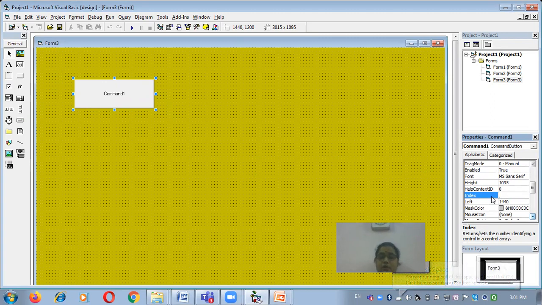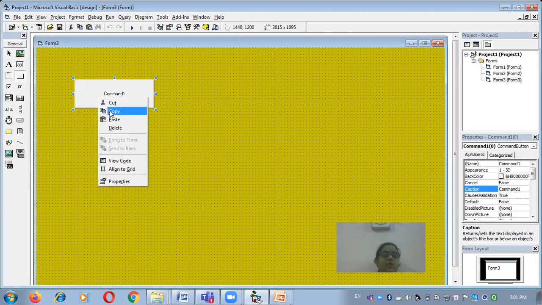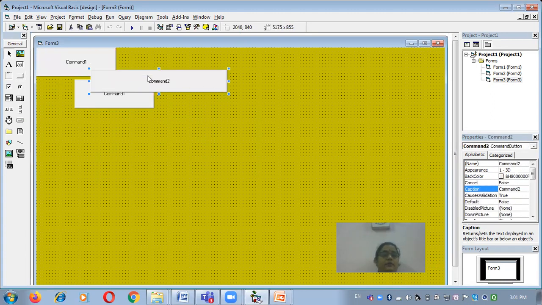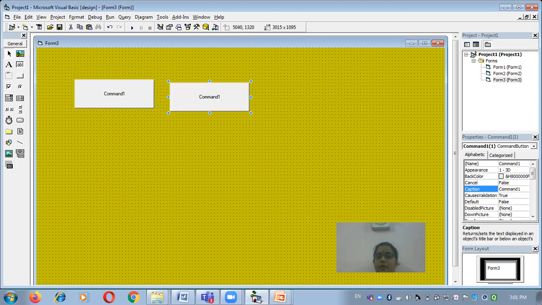Here I'm going to set index 0 for command1, and then copy command1 and paste it on the form. Once I paste on the form, again check the index property. You can see the index for command2, that is for the control array, is automatically created as 1. So in this way you can create a control array using three different methods.